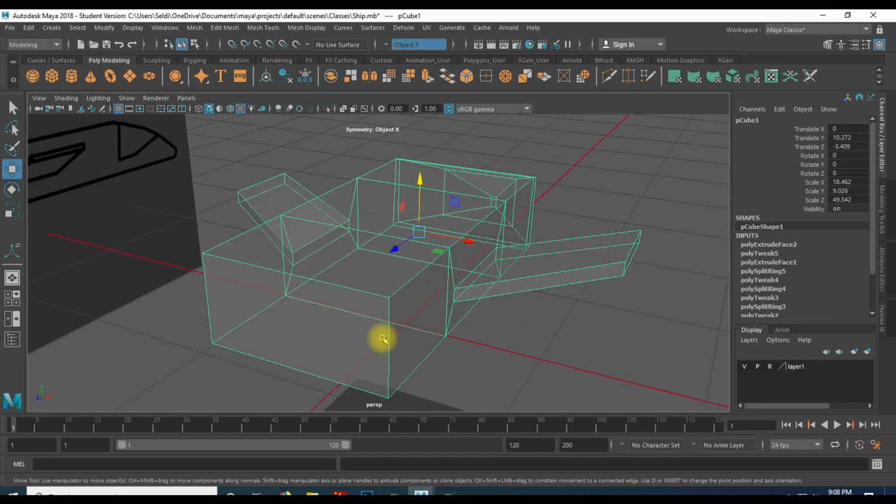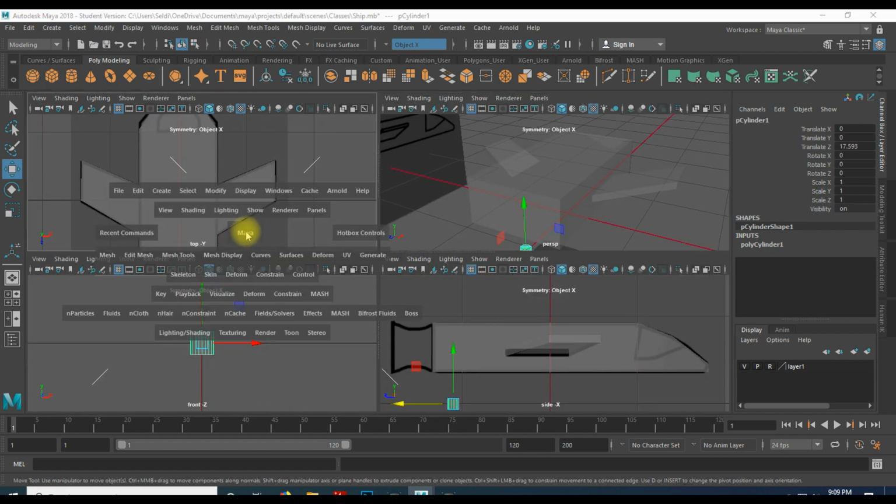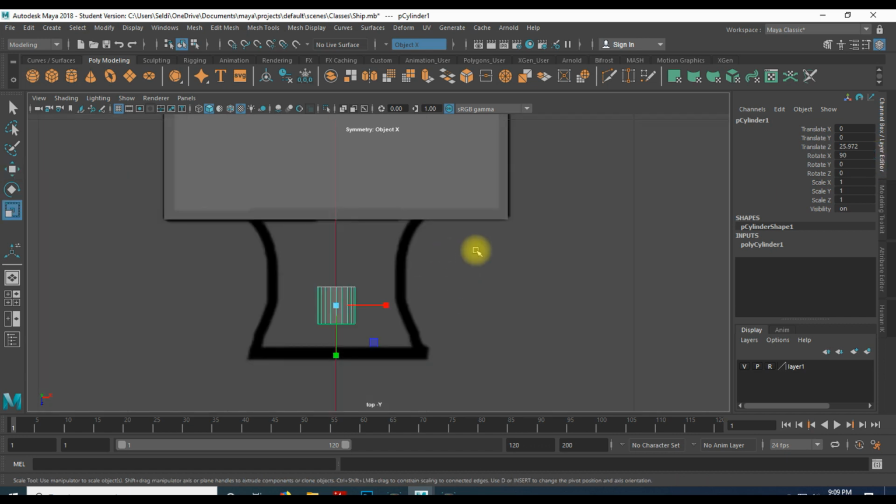Okay. For this, I'm actually going to use a cylinder. So let's go up to our polygons. I'm going to drop in a cylinder. I'm going to drag this into position, go into a top view. You can see from our picture, the cylinder has to be on its side. So I'm going to come up, I'm going to rotate this 90 degrees in the X. So now it's on its side. I'm going to zoom in here. Under polycylinder,